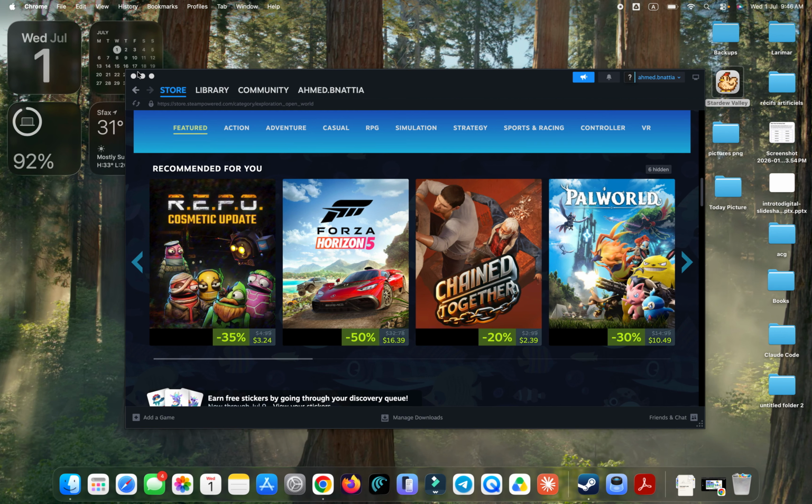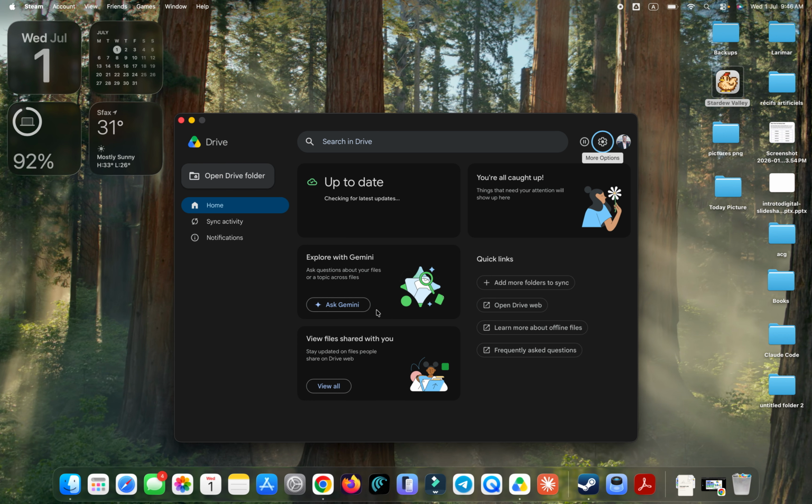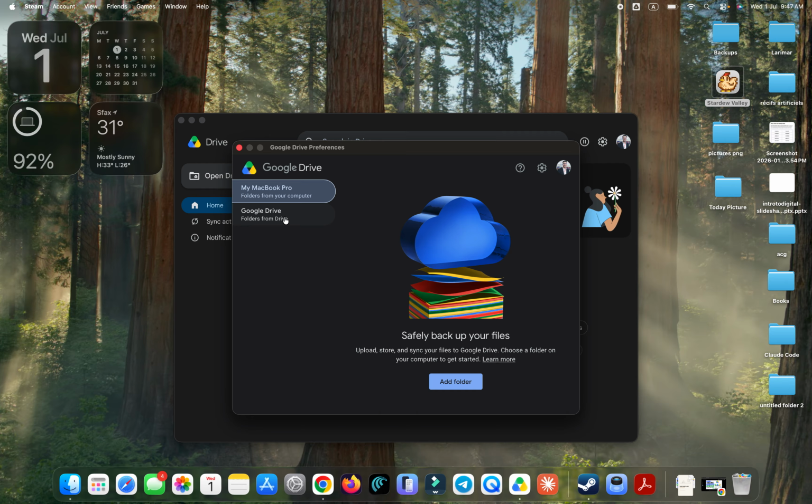You have to have the Google Drive application installed on your Mac or laptop. It's the first thing. You should open the application, and after that go and click on more options. Go and click on preferences, and here, as you can see, you have the folders that have been synchronized from my computer. You have to click add folder,